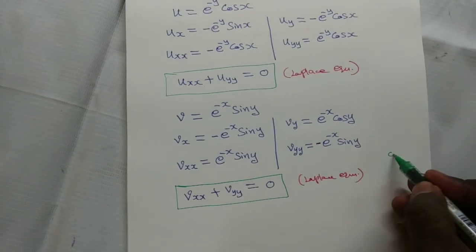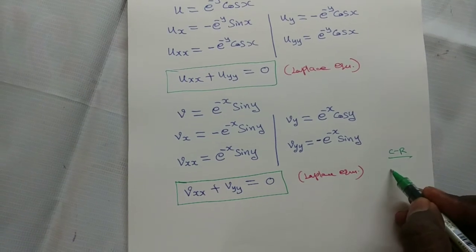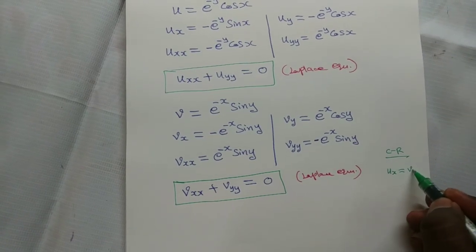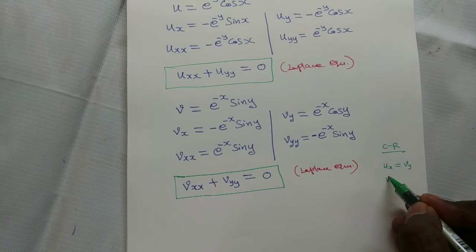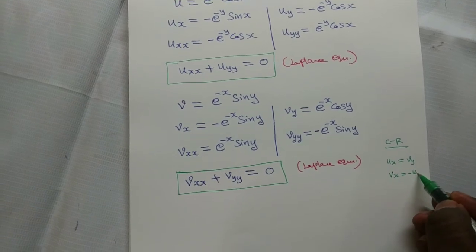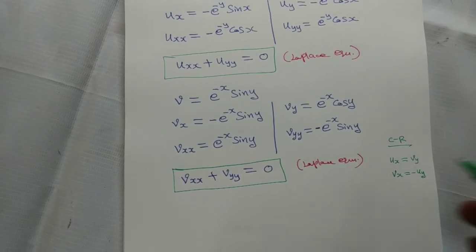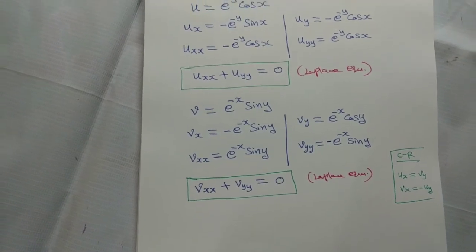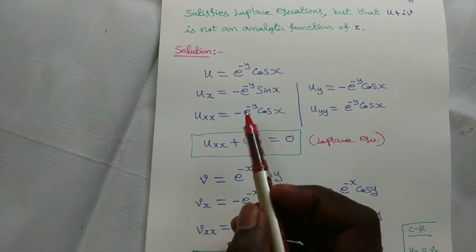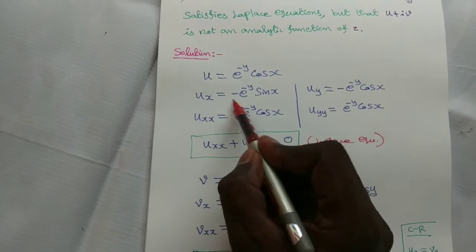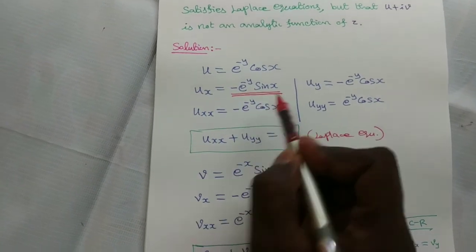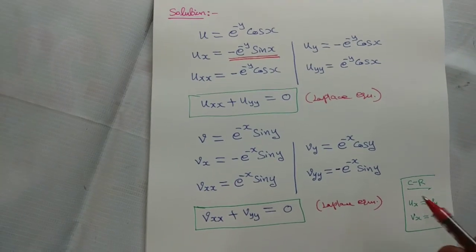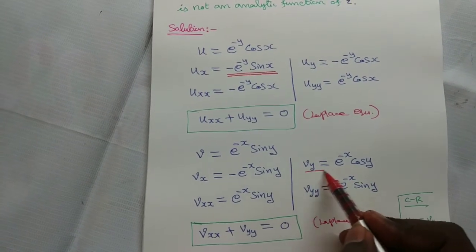The CR equation is ux is equal to vy, and vx is equal to minus uy. Okay, so this is the CR equation. Now I am going to compare here. What is ux? This is ux. Another, vy. Where is vy? This is vy. You see,